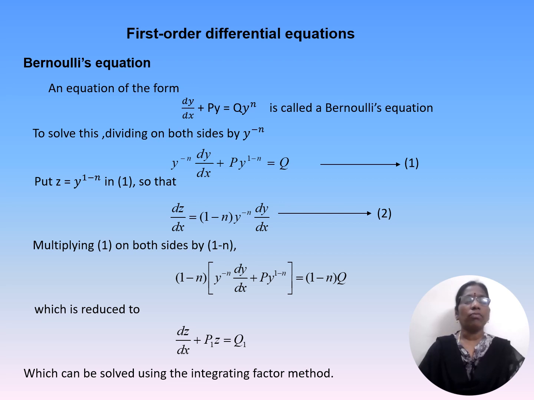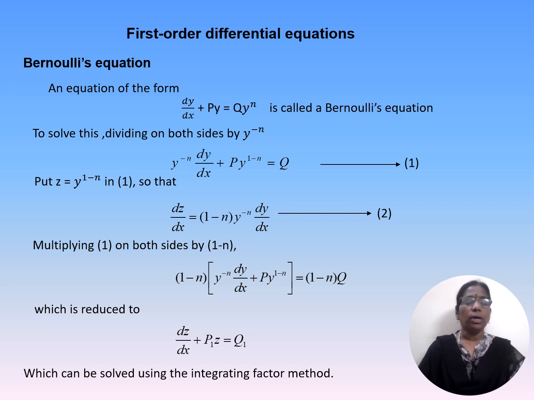To solve this type of equation, dividing both sides by y^n, we get y^(-n) dy/dx + P y^(1-n) = Q. By substituting z = y^(1-n) in this equation, we get dz/dx = (1-n) y^(-n) dy/dx. Now, multiplying equation 1 on both sides by (1-n), we get (1-n) y^(-n) dy/dx + P y^(1-n) = (1-n) times Q,